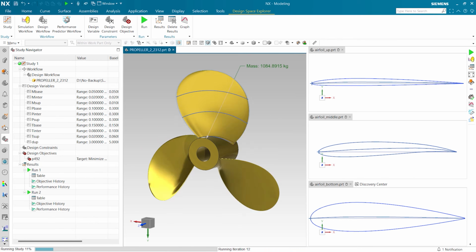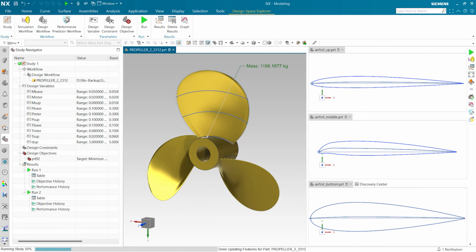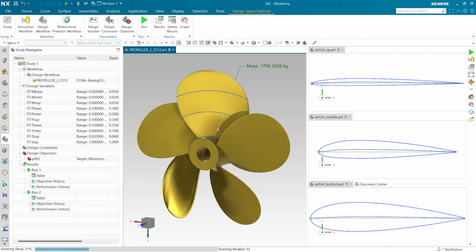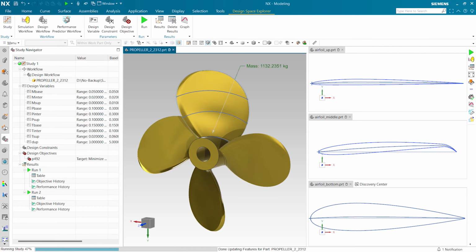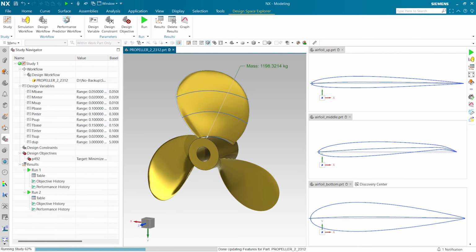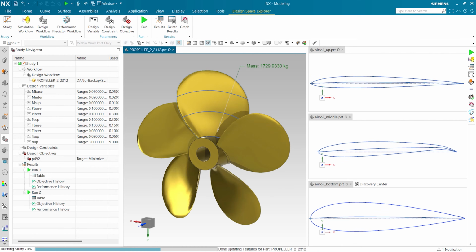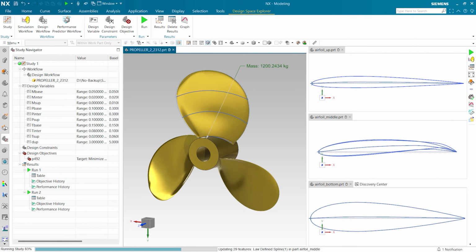Back to conventional use cases, Design Space Exploration is compatible with assembly management and product configuration. This is particularly interesting when you must use interpart links, such as expressions or link bodies, in your design process.